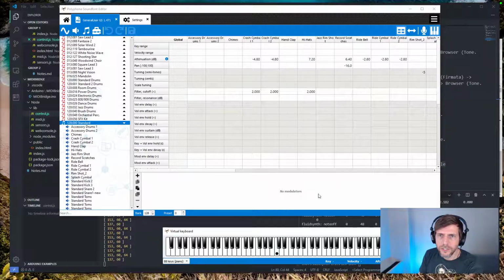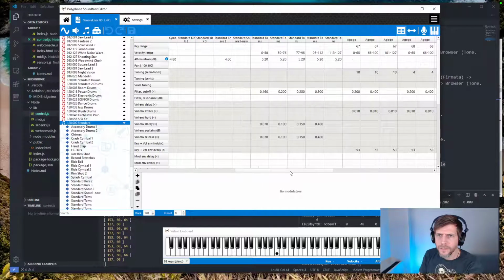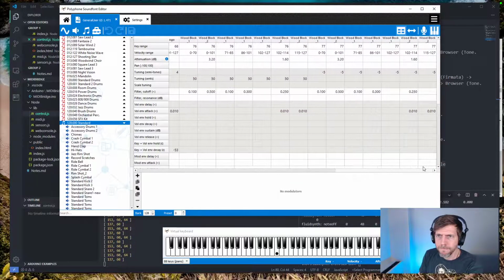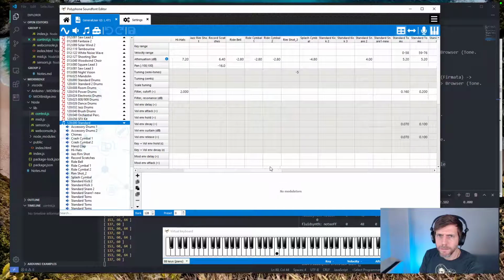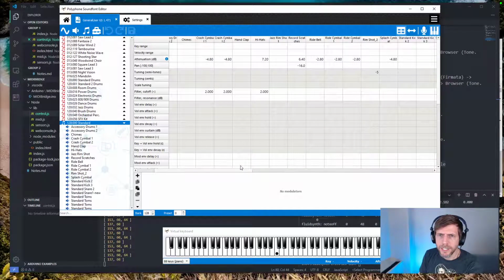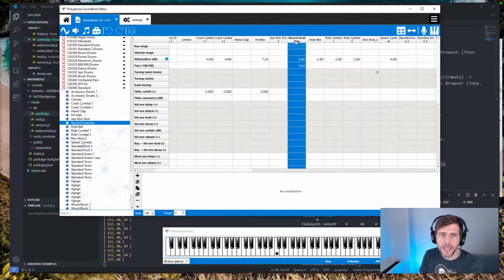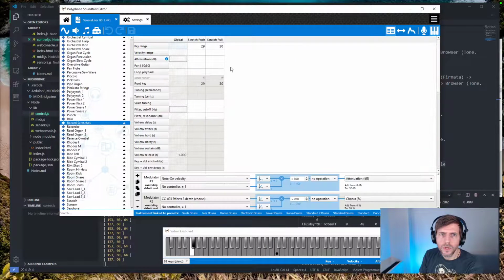Like, why is record scratch down there? I don't understand here. The mapping is very confusing to me. Record scratch, like how do I know? Oh, 2930, it's defined here. So that's 29 and